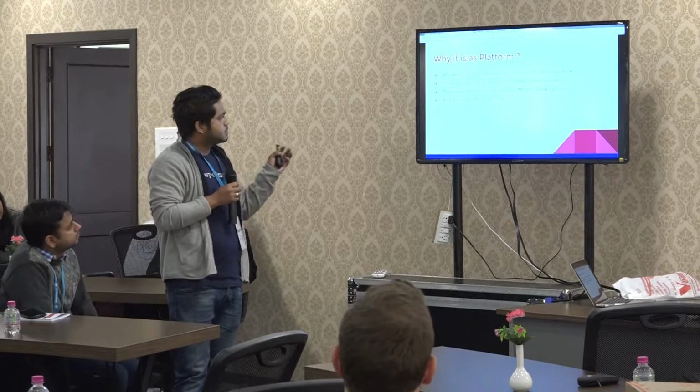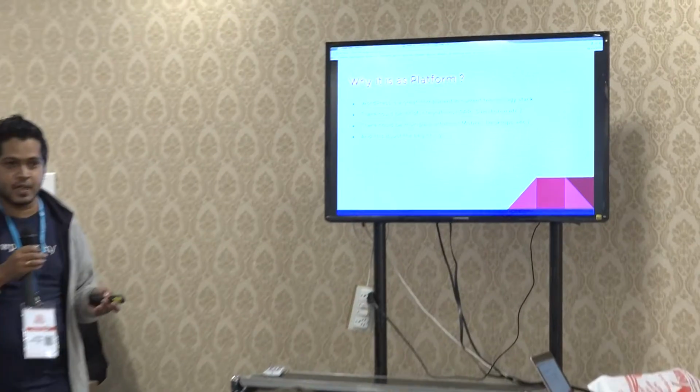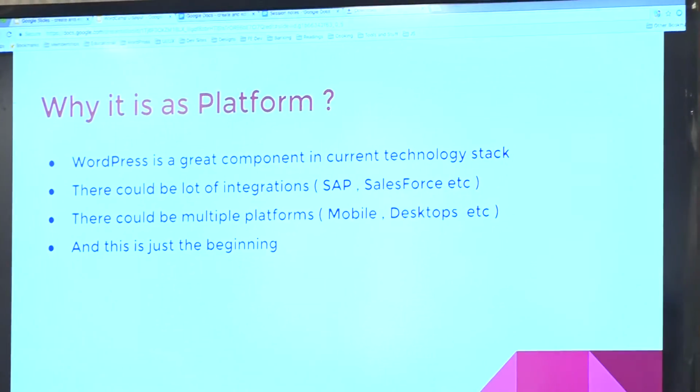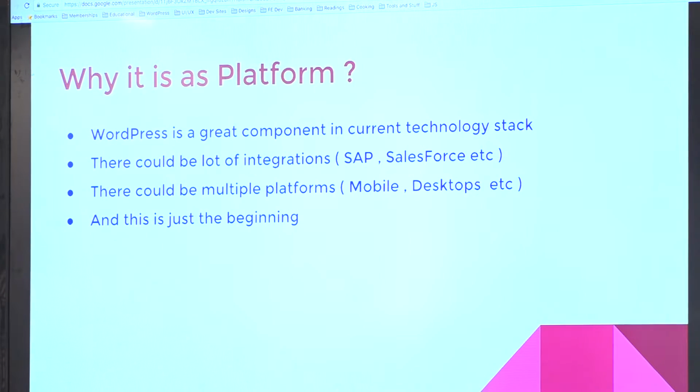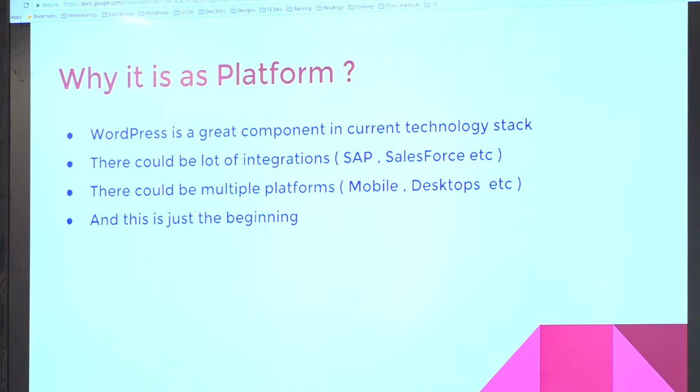Since we have the WordPress REST API and a lot of other flexibility to customize it, we can create this gamification application as a platform. That means we can create a separate API using REST API custom endpoints as a gamification API, which can communicate with pretty much any technology in the world.